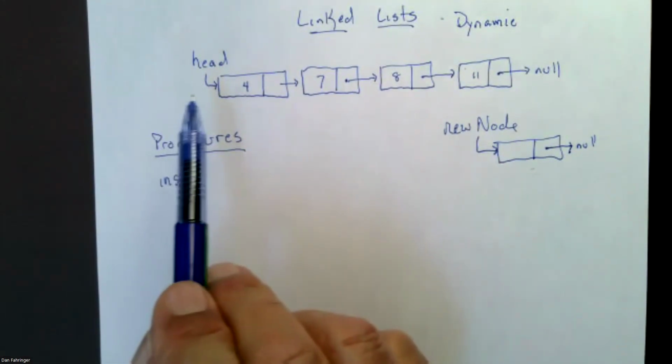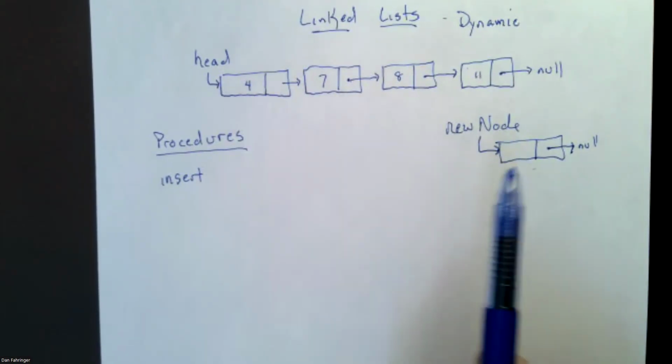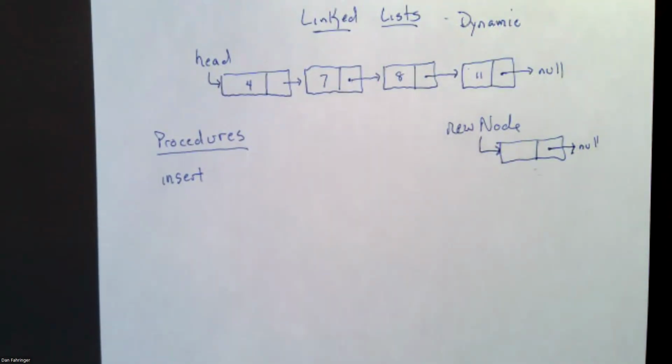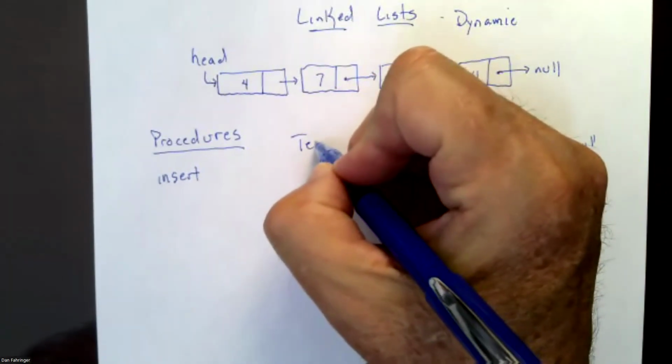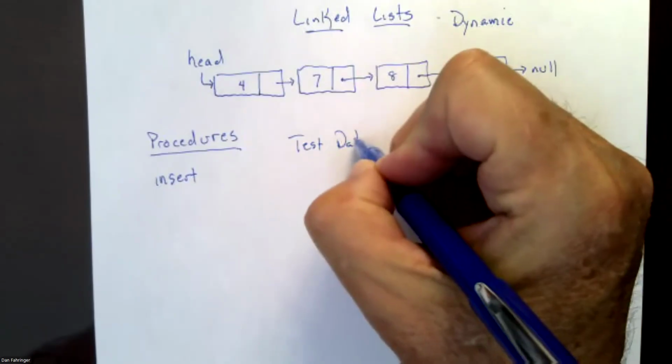Again, we have a head pointer that points to a node. We're going to have new node that points to a node. So when I start thinking of insert and I look at a data type, this is really a generic one. What numbers might I have to consider with inserting? So when it comes to test data,